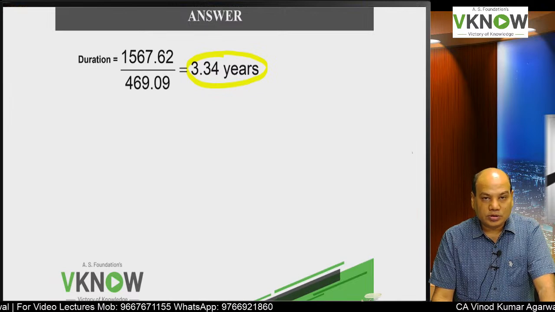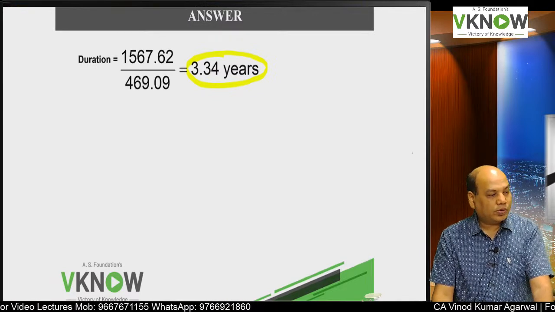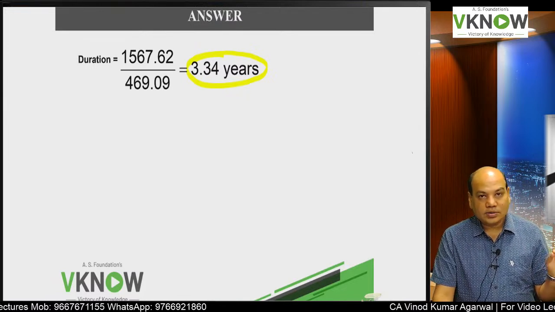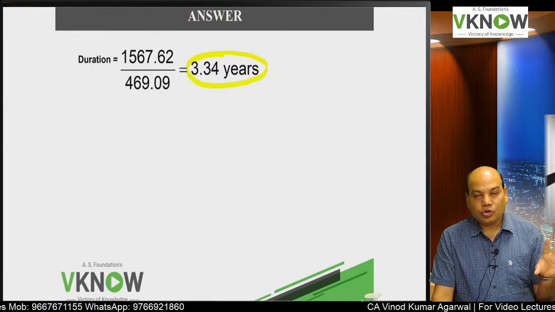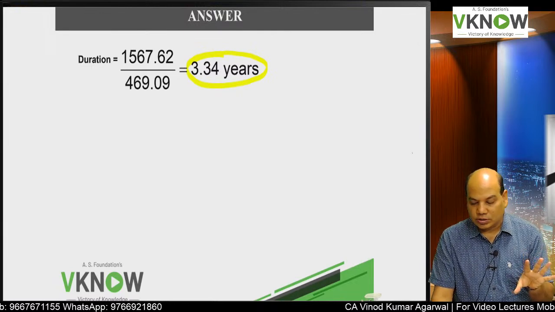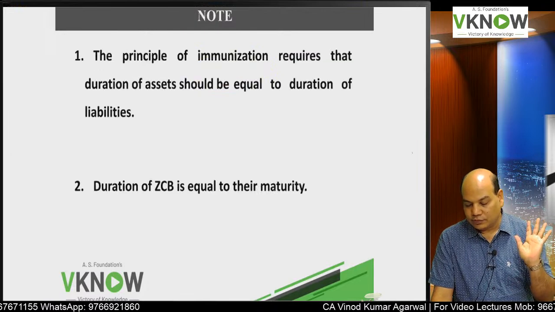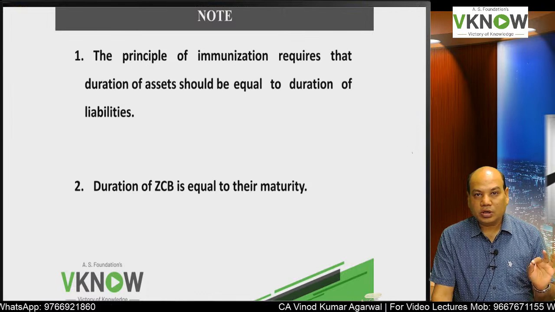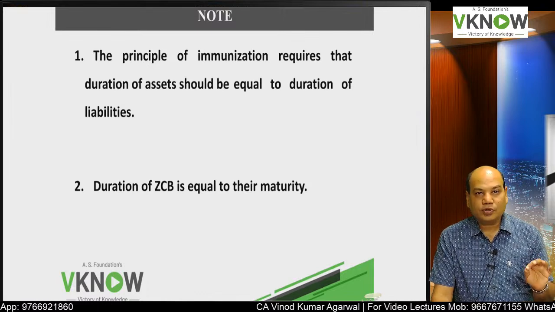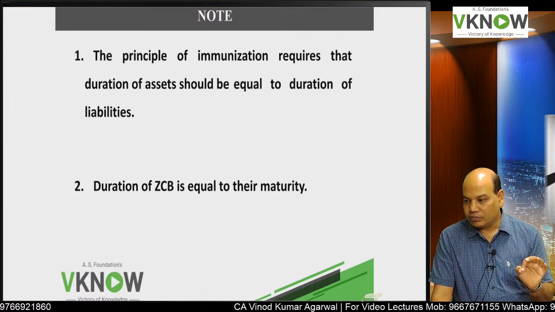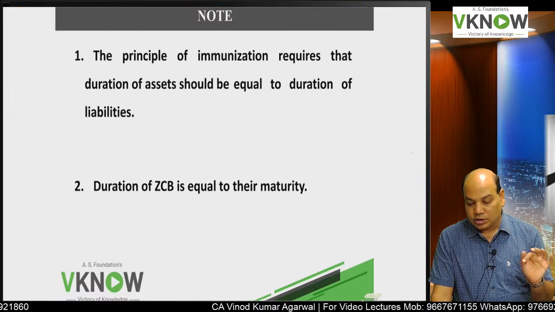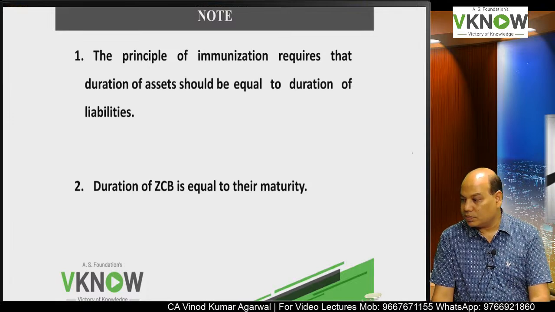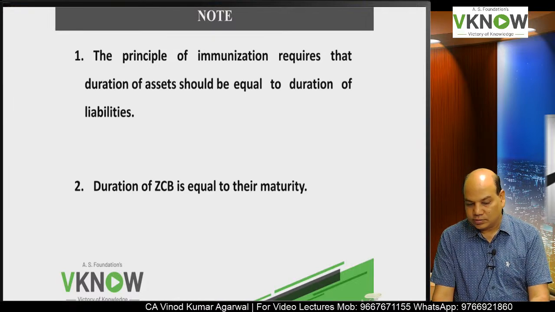But we have two zero coupon bonds, so we have to find what should be the weight of bond X and bond Y so that your overall portfolio duration comes to 3.34. So write a small note first, although not required in the exam, but right now for understanding we will write everything. Note, write down first point: the principle of immunization requires that